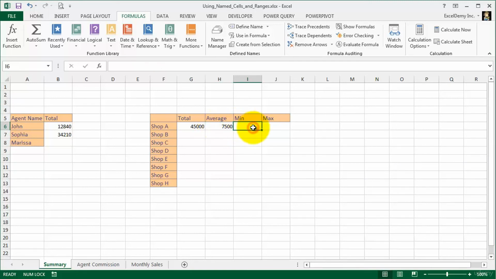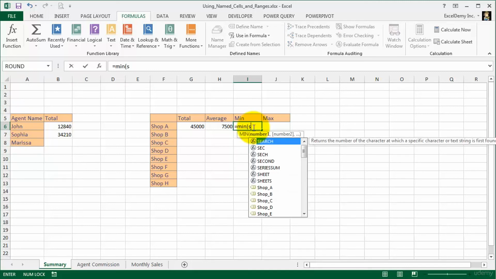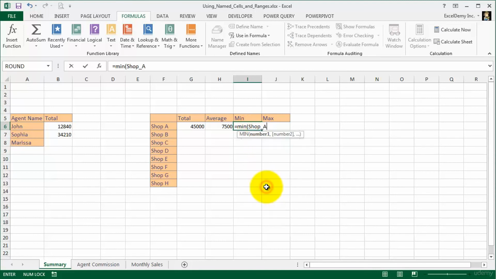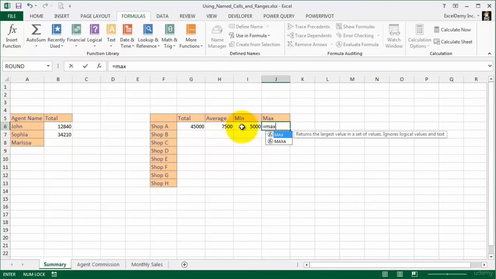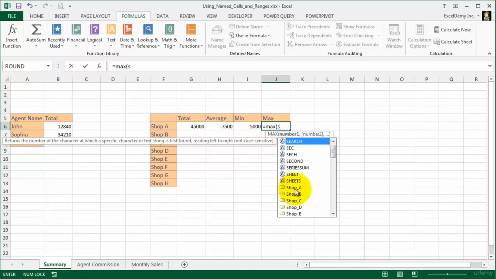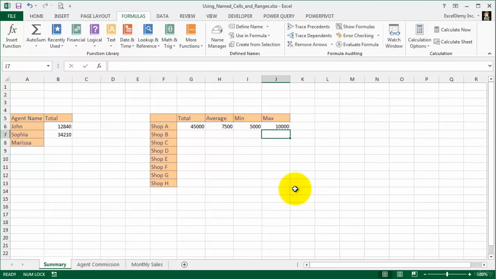Click on the minimum cell, input equal sign, insert min function, type S, double click on shop A, press return. The minimum sales in shop A was 5,000. In the maximum cell, type equal sign, type max, opening bracket, type S, double click on shop A, press return. You see the maximum sale in shop A was 10,000.